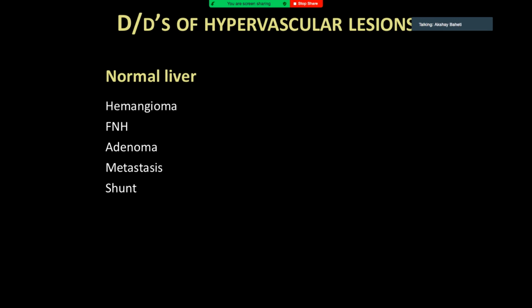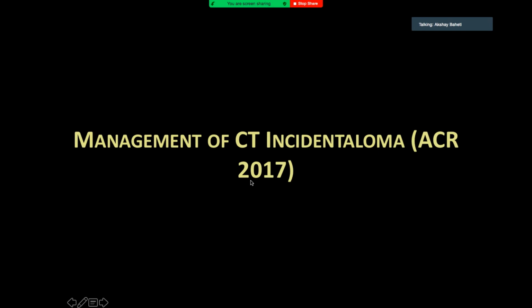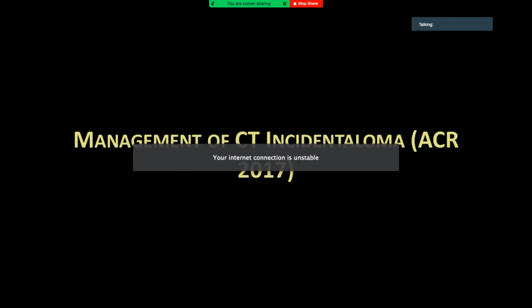Generally, your differentials or approach depend on whether it's a normal liver or a cirrhotic liver. A normal liver will have a different set of differentials, and a cirrhotic liver will have a different set of differentials, and some of these will become higher up in the list. So the first thing you have to figure out is whether it is cirrhotic or non-cirrhotic. Whenever a liver lesion comes, you look at evidence for cirrhosis, but you also look at the hepatitis profile, HBsAg positive, HCV. That is important.